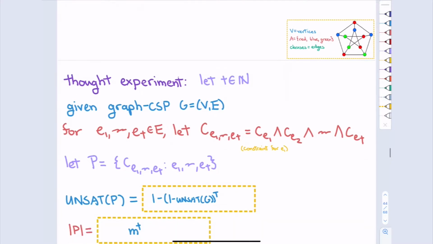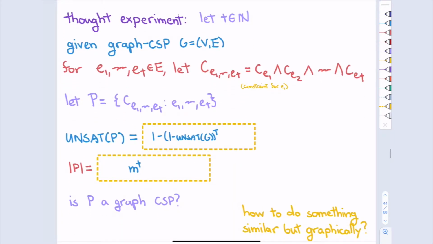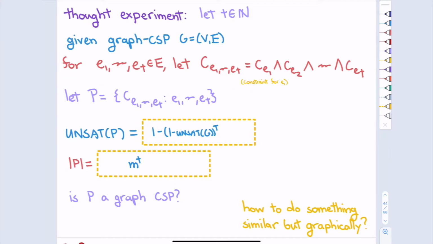All right, so we went a little bit over the intuition. This is really the main step where I try to ramp up the unsatisfiability of G. The thought experiment was, if I independently sampled 10 edges from G and made that into one big constraint, now I've gone from 2 variables to 20 variables, because there's 10 edges, 2 variables each.